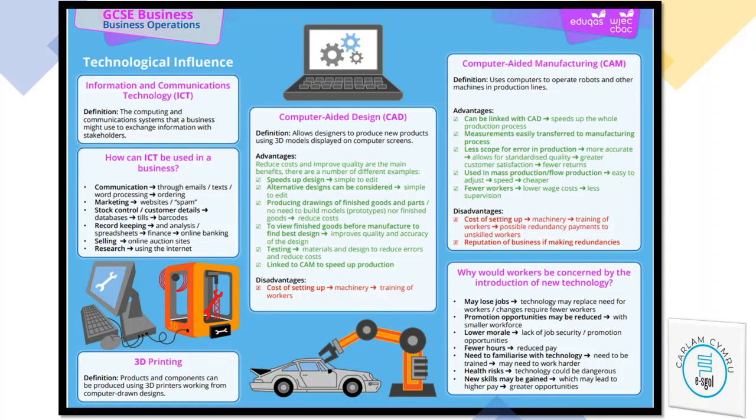Then you've got computer aided manufacturing. So you use computers to operate robots and other machines and production lines. So it can be linked with CAD. Measurements can be easily transferred to the manufacturing process. You've got less scope for error in production. You can use it in mass production, flow production, and you're going to need fewer workers. Disadvantages though, cost of setting up, and